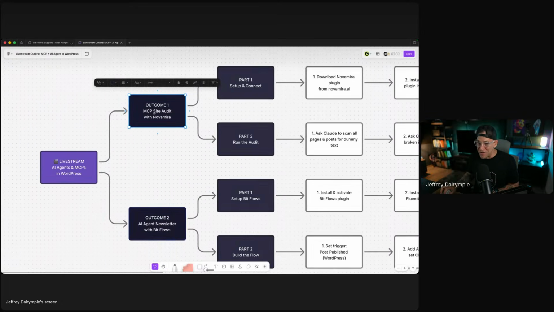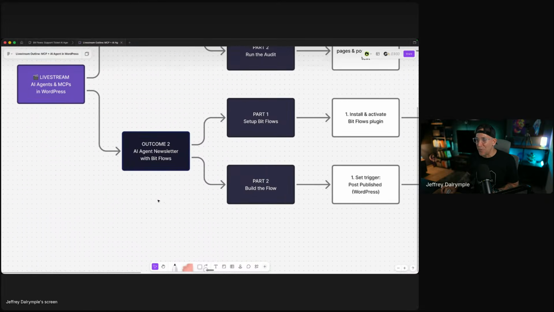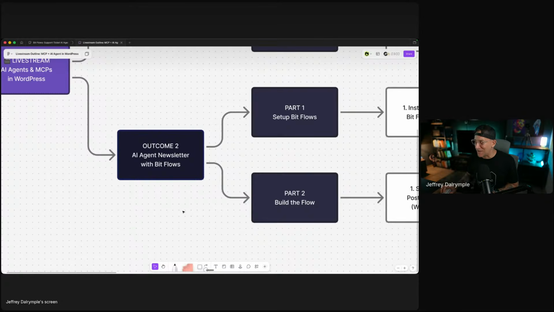Okay, outcome 1, done. All right, outcome number 2. Let's see if we could do this a lot faster, though. I want to go quick because it is getting a little bit late over here. So we're going to create the AI agent using Bitflows. And I am creating a video next week for this. Often, this is what I do. I have an idea, I have a project, I have a video, and I'm going to spend time learning it, setting it up. Another one coming in next week's live stream, we're going to be building a site with Mosaic, which is a new page builder. I want to see what it's like creating a landing page with it in a live design session.